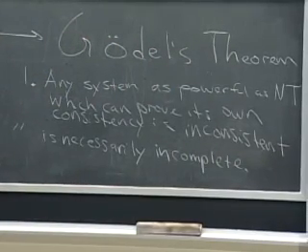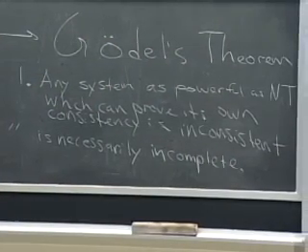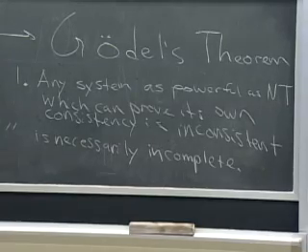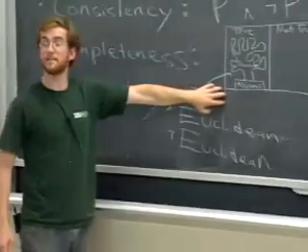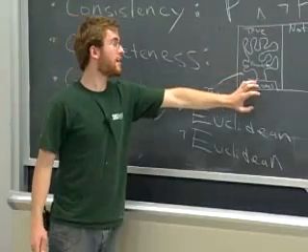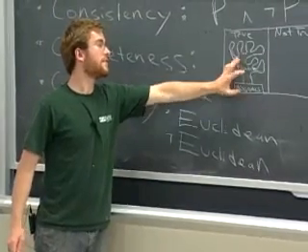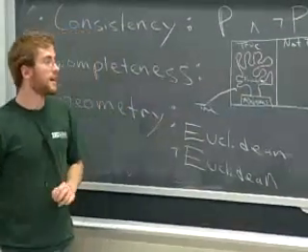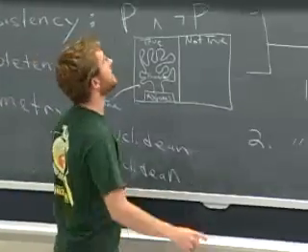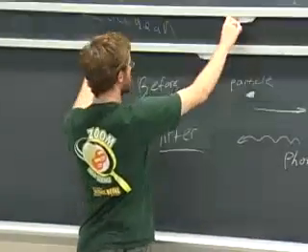So this means that any system which is as powerful as number theory automatically looks like this. There are true statements which we can formulate which are not provable. And I'm going to give you guys an example, an English language example